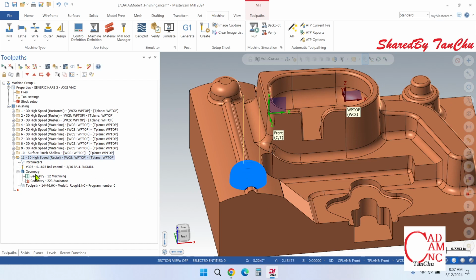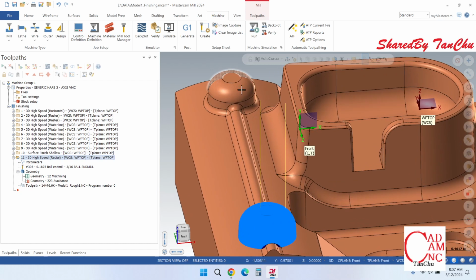If we add the surface over here, the center would be used for this portion and run this portion, and it will mess up the toolpath. The better way is we just copy it